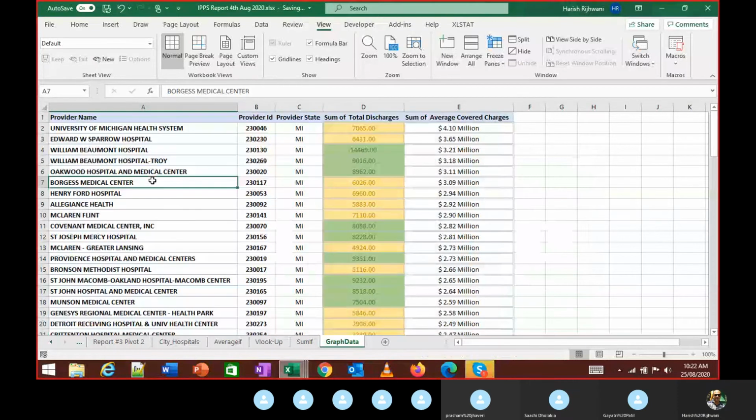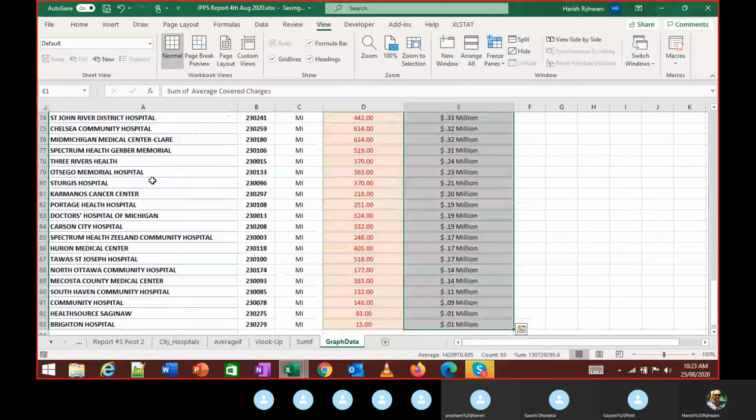Okay. I have sorted this, and I am just going to plot. I'm going to draw a line graph with just one column at this point of time. Okay. So in order to draw a line graph,